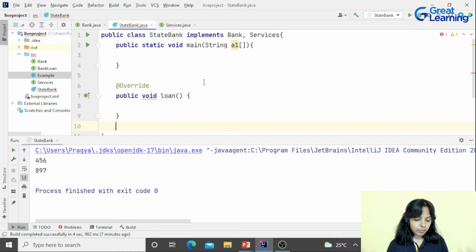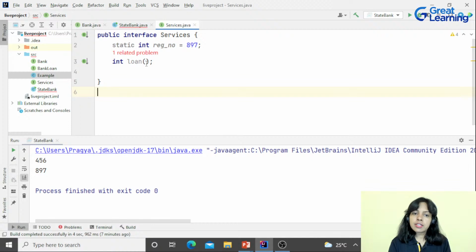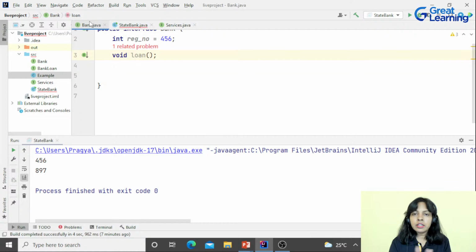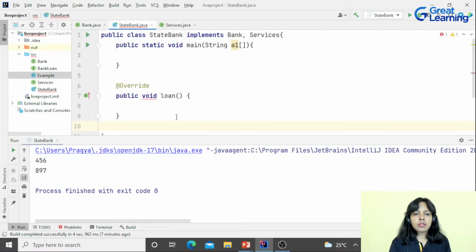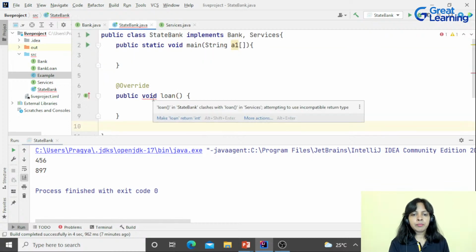Okay, if the method is completely same, then only you can use. No, this is not method overloading, Navpreet. Method overloading is the previous example where two methods with the same name but different parameters are there. Okay, that is your method overloading. Here there are two methods with the same name, same parameter, but return type is different. Return type doesn't come under method overloading concept. It is not part of method signature in Java. Okay, so that's why it says it's an error here.